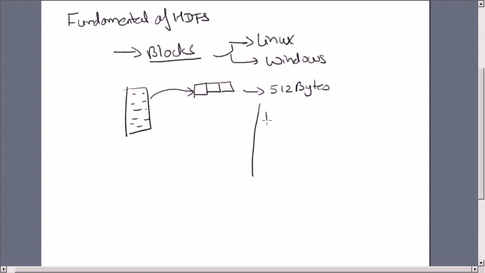These blocks are actually written to the file system. Whenever you read it again, the file system will merge the blocks and return you the file, or return it block by block, and your client will create a single file and process the same file which you have already written. Similarly,